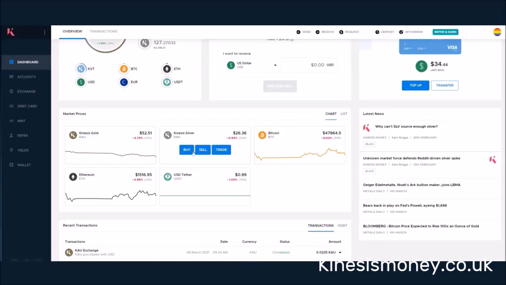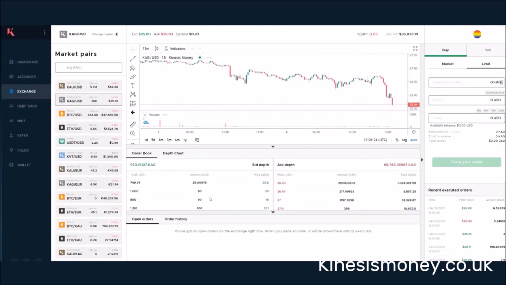Now, for those that are trading larger amounts, you click on the trade button. It'll take you over to the exchange where you can set up your limit orders. All right, so if you want to find out more about how to use the exchange and all the ins and outs of the exchange, we're going to add a link here below with a video that goes into that